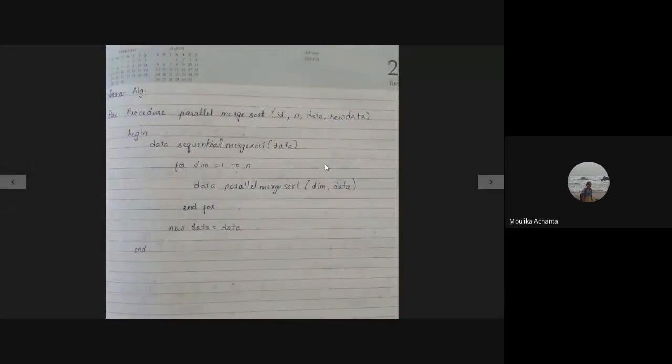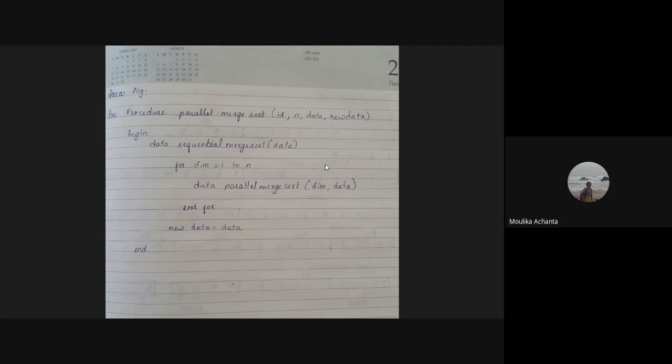This takes four input values: parallel merge sort algorithm, ID, N, data, and new data. New data is for saving the sorted list. Here for dimension, i is equal to n. Dimension means the size of the array.